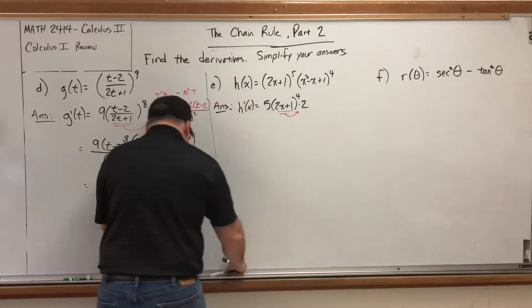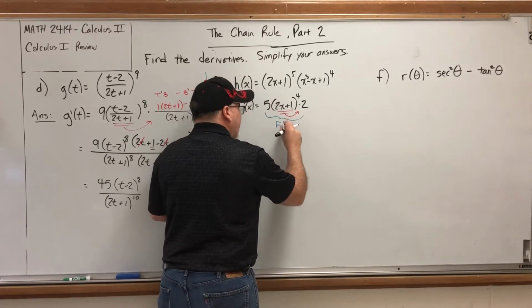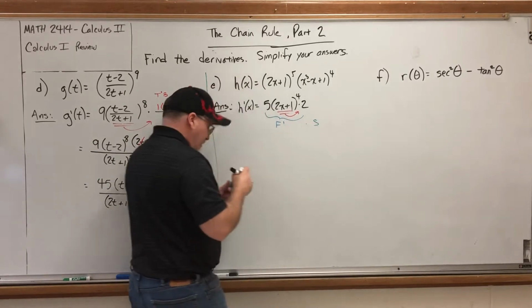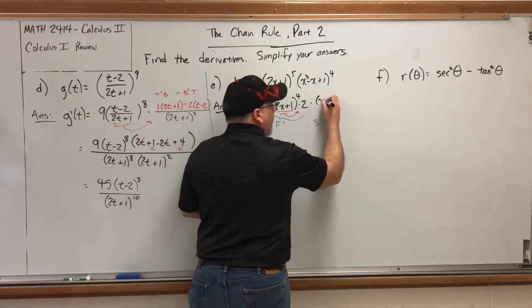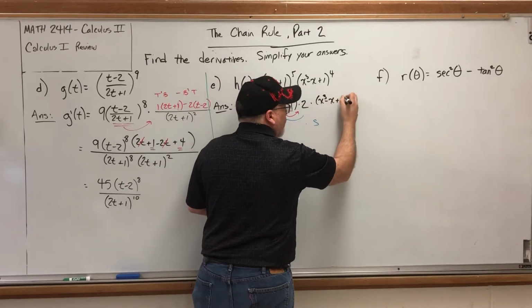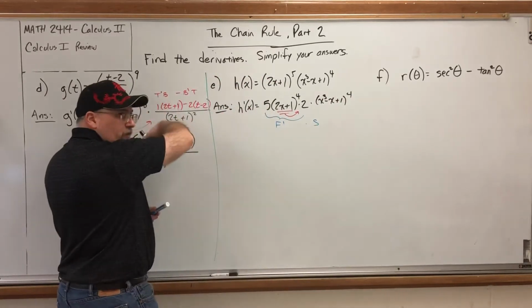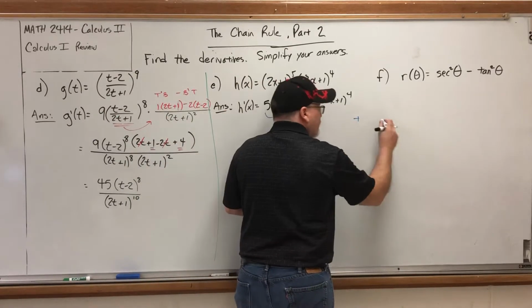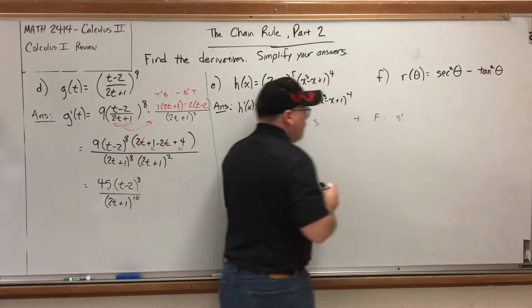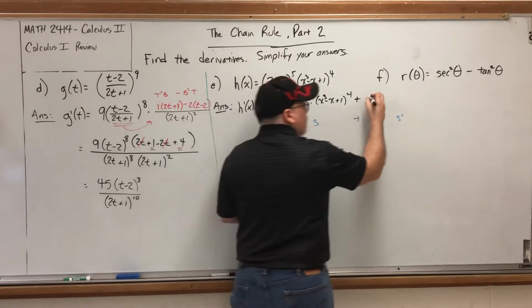But be careful, because all of this that we've done so far is just the derivative of the first. We still have to multiply times the second. So derivative of the first times the second, times (x cubed minus x plus 1) to the fourth. I'll probably just move that over here after the problem, because we still have to complete the product rule, which is the first times the derivative of the second. So plus the first, (2x plus 1) to the fifth,